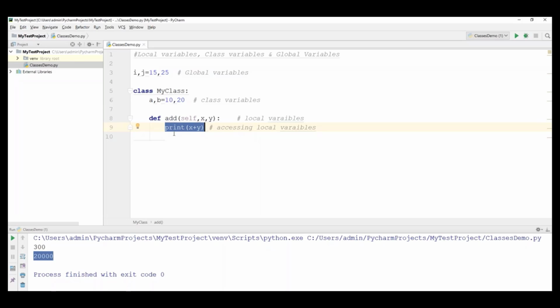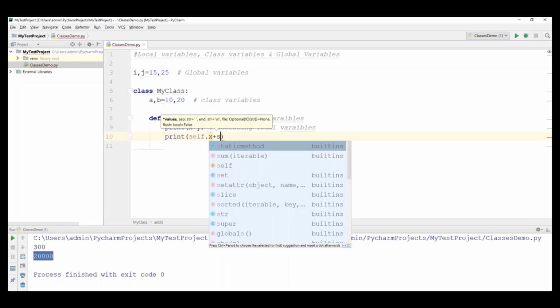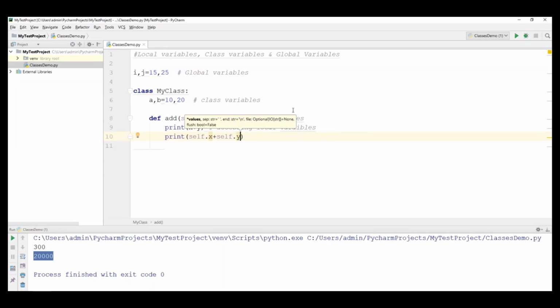Now within the method, I want to access class variables. We have seen in the previous example how to access class variables. We have to use the self keyword, right? So if I want to access a class variable, we must specify self.a plus self.b.